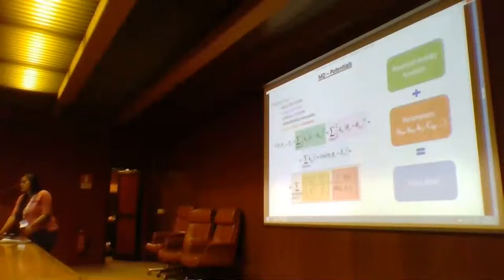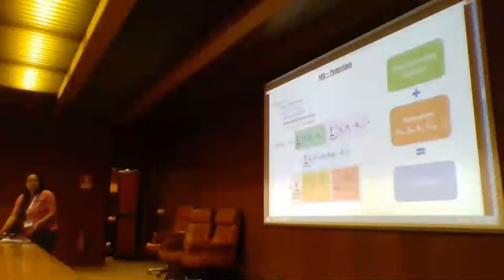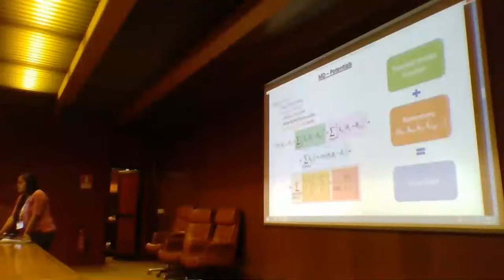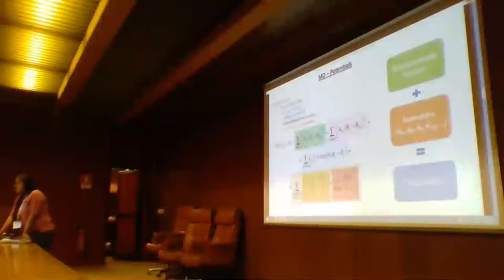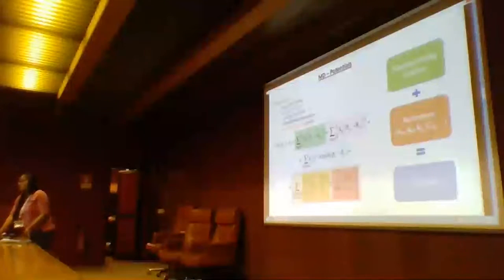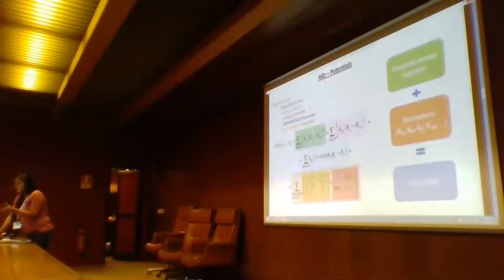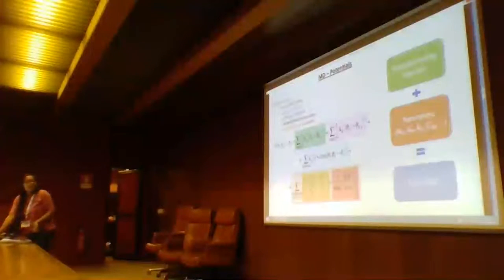In the first term, the bond stretching, we see the interaction of two atoms by a chemical bond, b0 being the equilibrium distance, and Kb the harmonic force constant. For the second term, we see the angle bending, the interaction between two atoms in two chemical bonds, theta 0 being the equilibrium angle,